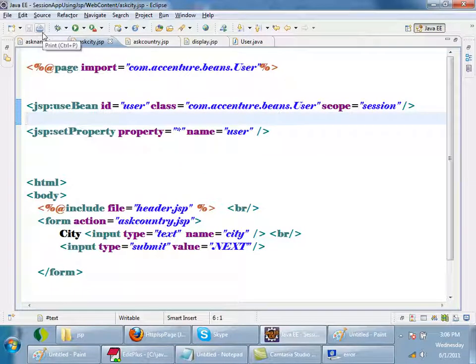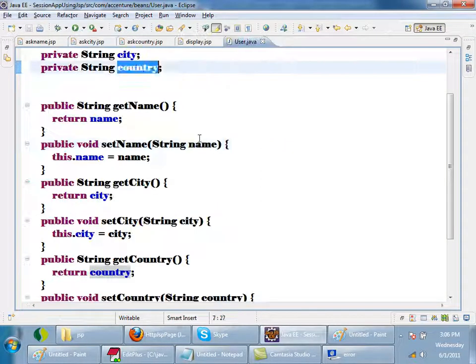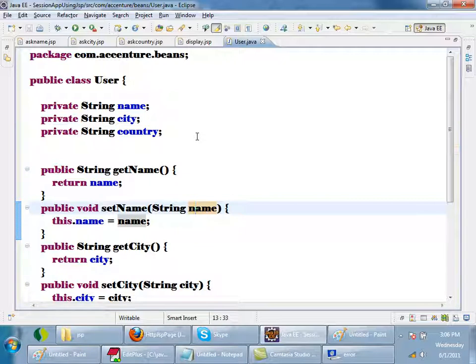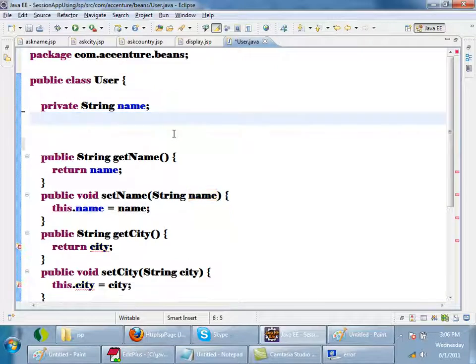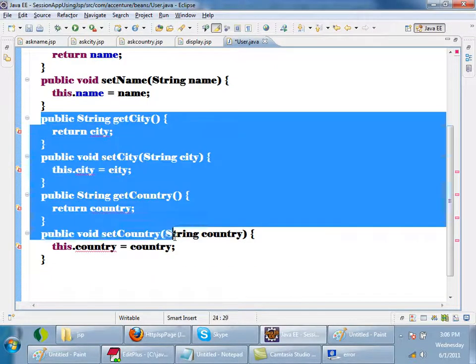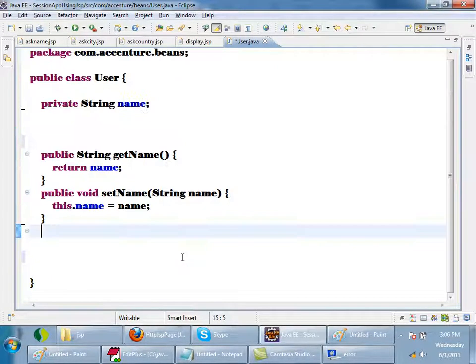I want to make the scenario even more complex. See now, user, is it a bean? Is the user class a bean? Yes. User has city and country, right? What I will do is change the user class. Let us see how I will change it. I will remove city and country from user. I will make my user class only have name,